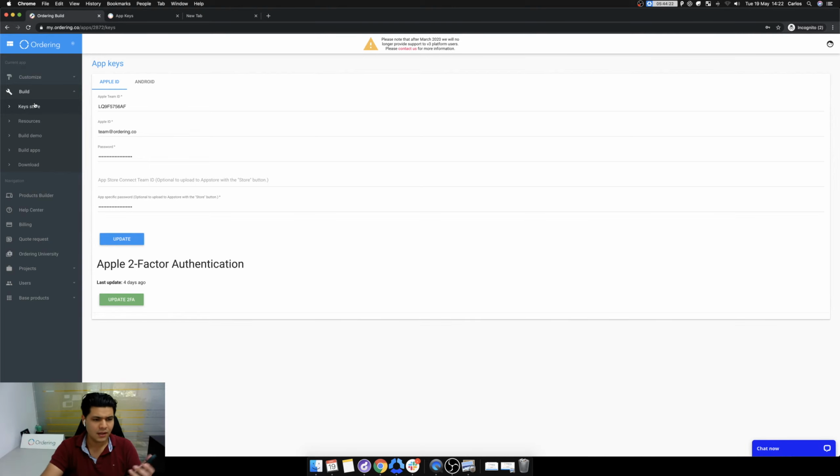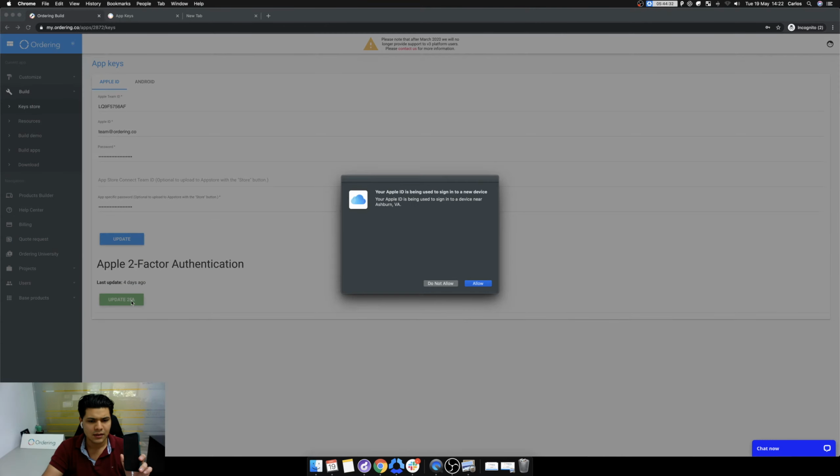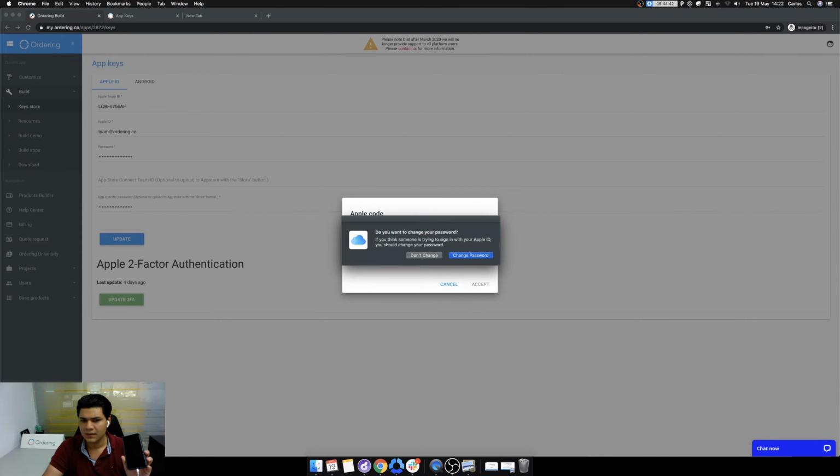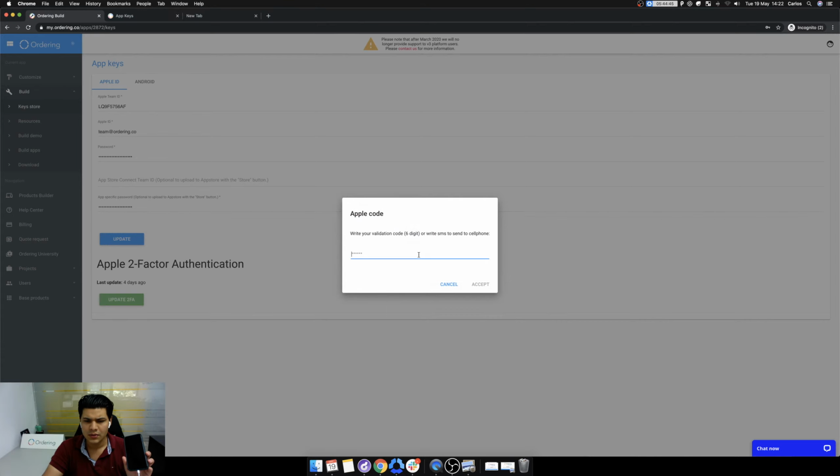But if this was an Android, Apple will take in care the phone, not the device. Okay. So let's say update this. I will get a code. Let me just see if I can get it on my phone. I will just not allow this. Don't change. Let me see if I can get it on my phone.